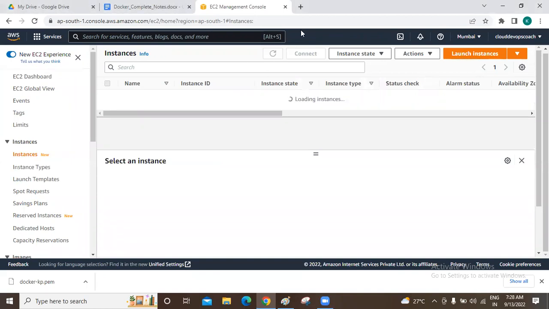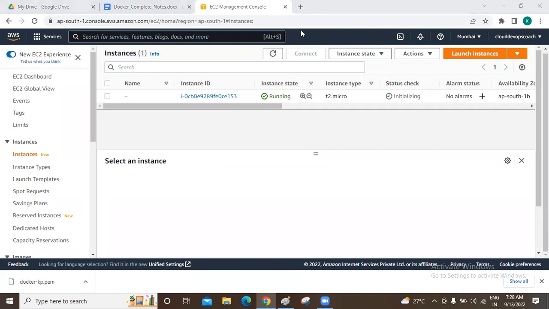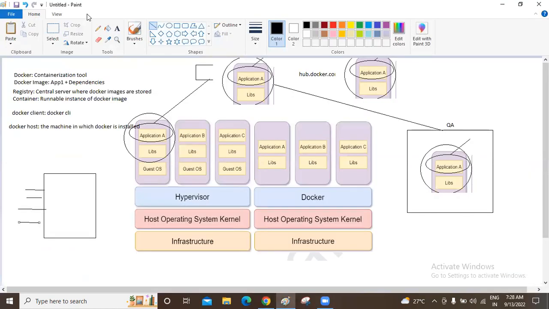Okay, and somebody is asking, right? Aditya is asking, what is the need for Dockerization? I have explained it in yesterday's demo. See, this is the Dockerized environment. This is the non-Dockerized environment. Here, let's say you want to run your application on some Linux machine, but you have Windows on your machine. In order to get the Linux machine on the same hardware, what do we have to do?